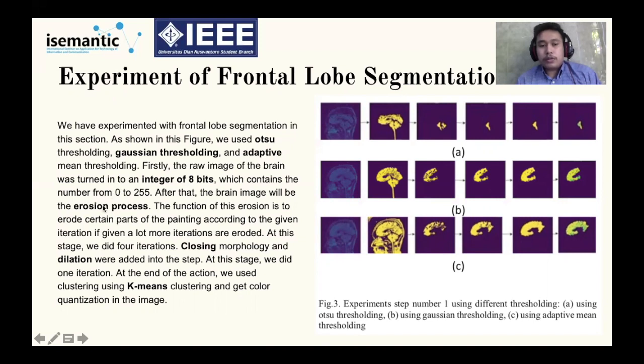After erosion, we use closing. And then we go to morphological segmentation using dilation. After that, we use k-means clustering to get color quantization in the image.